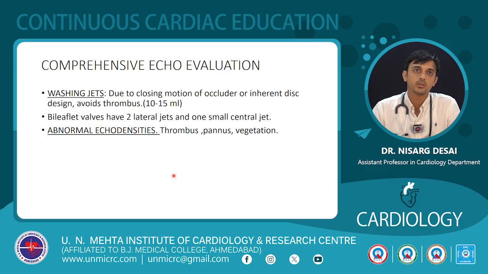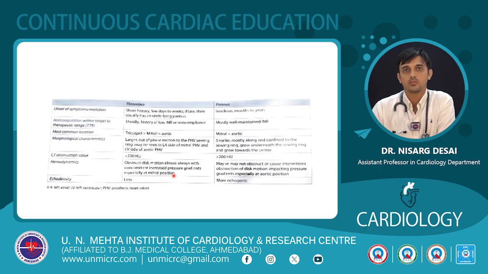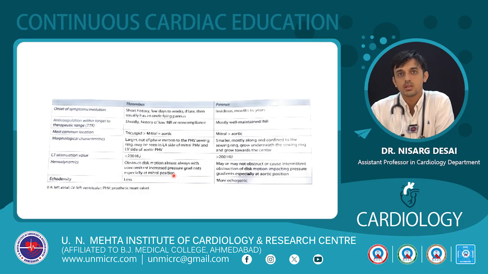And third is, as discussed, what are the abnormal echo densities, whether there is thrombus, pannus or vegetation. How do you differentiate thrombus versus pannus? It's very difficult, but there are soft pointers to it. Thrombus has got a short history. It is equally common between mitral and aortic valve, whereas pannus takes some time, which is months to years, and most